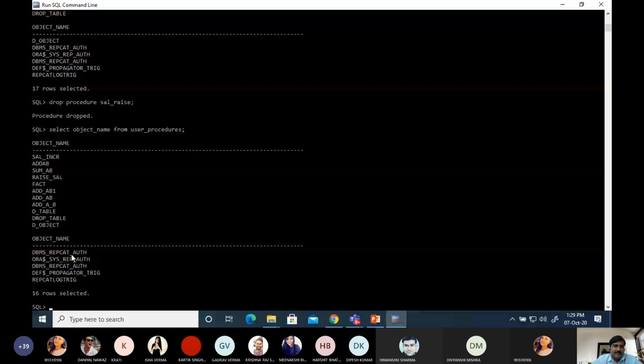So I think now you all understood the concept of cursor, explicit cursor, implicit cursor, and then how to create a procedure. And using all these concepts you can develop business logic, and through that business logic you can manipulate the tuples of the databases.